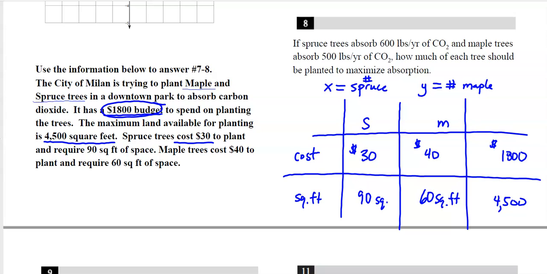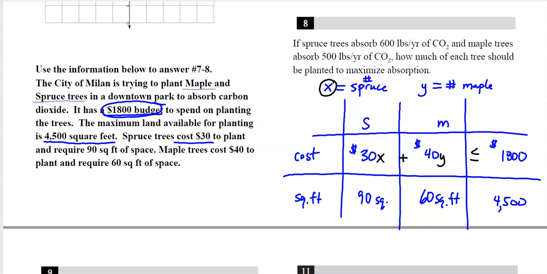So basically what you can do is your equations are right here. Like you can make it right from the table. I have a cost equation. $30 times every spruce tree, whether I want to use S or X, it's fine, added to $40 times every Y tree, or the maples. It's got to be less than or equal to if I want to stay under budget. So there's one of my